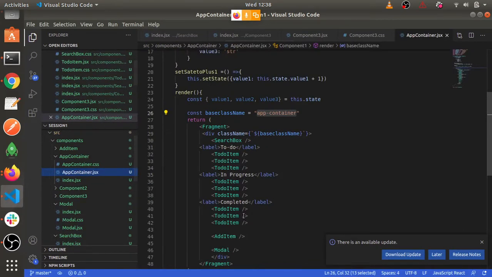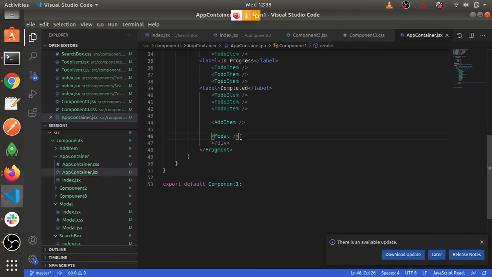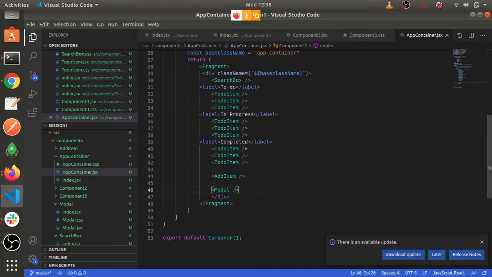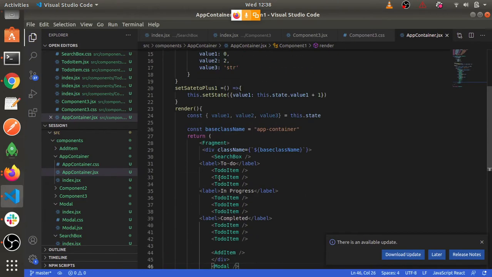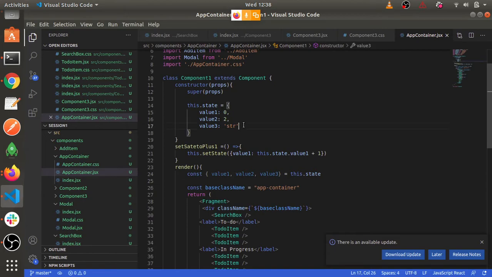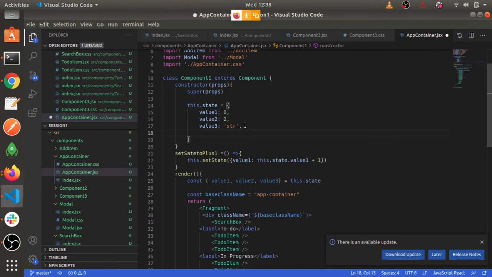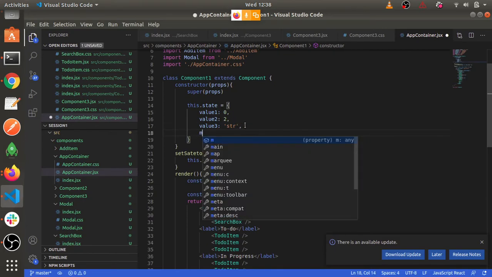Sorry. So in this model, I don't want this model to be open every time, right? This model has to be open only on some action. I'll keep it outside of this div, which will be better. So what I'll do is I'll create one state variable. Let's name it open model.